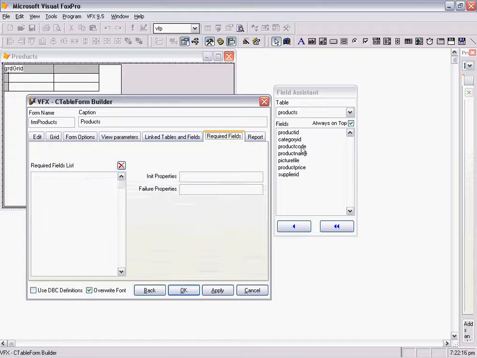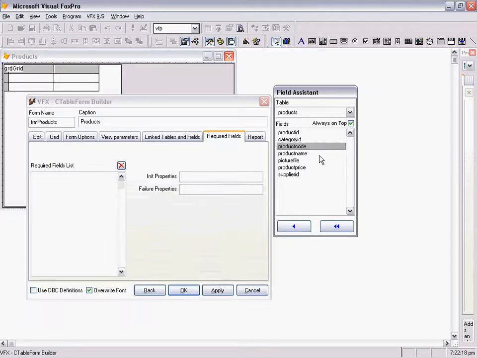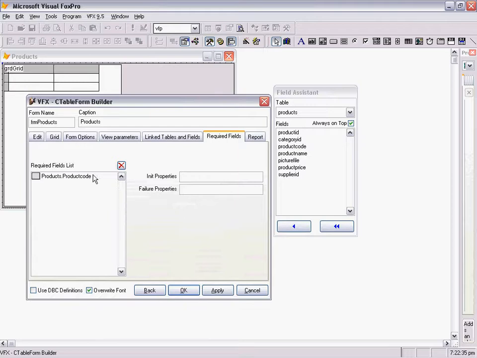Here is how this looks in the Form Builder. For required fields list you can add any field from your data environment. In our case, I will decide to make product code required field and will want this field to be colored in yellow when form loads.